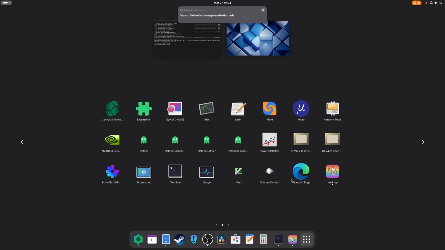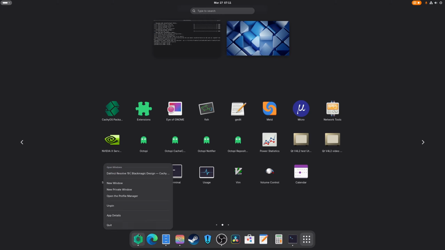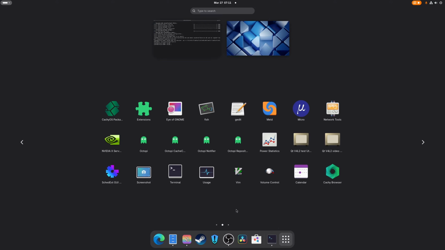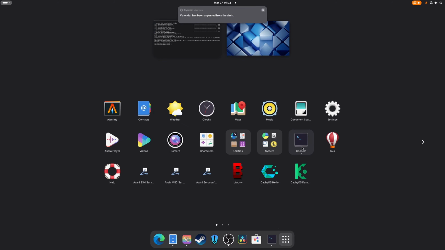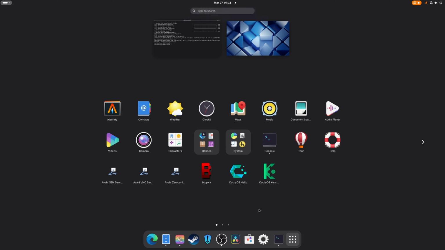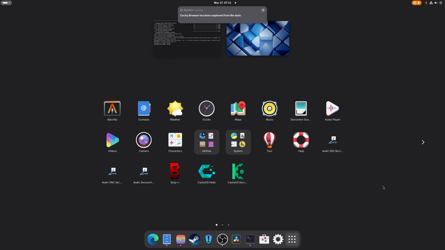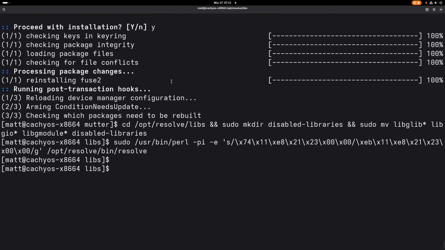Where's Lutris? We're going to put you right here. I'm going to put you here. We're going to remove you, delete you, kill you. Then we're going to take settings, pin to dash. I guess I could take console and pin it to dash temporarily until I get by access, which